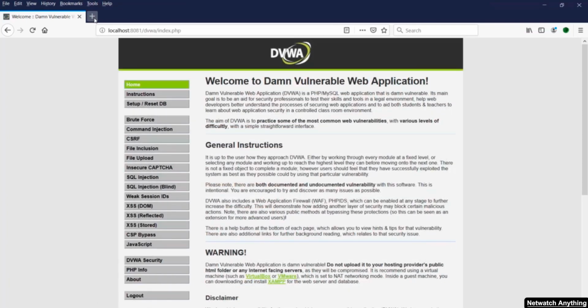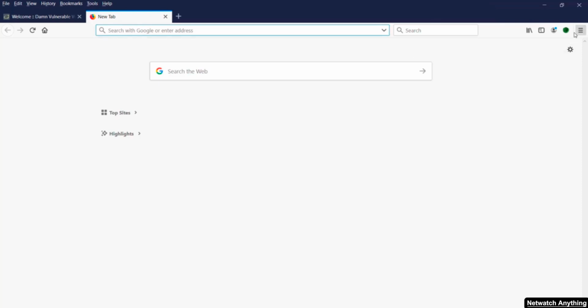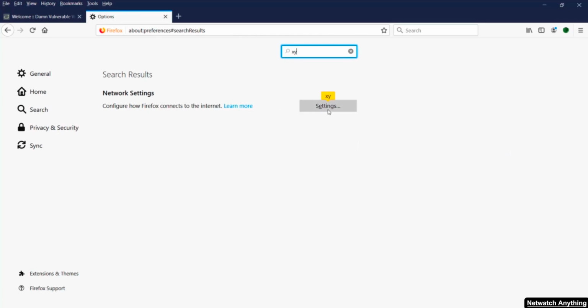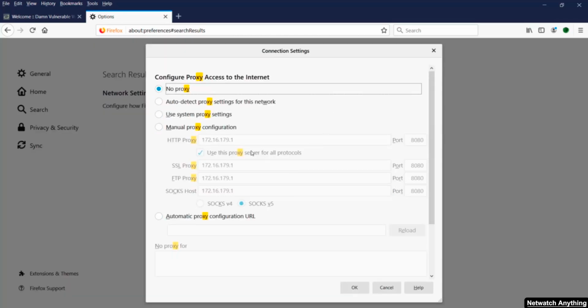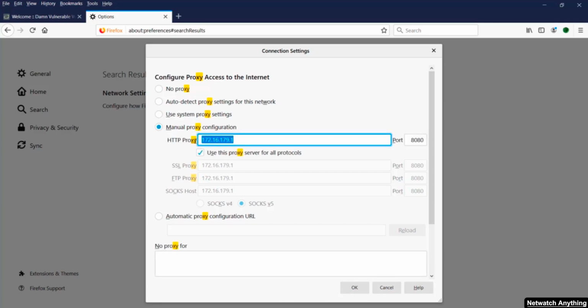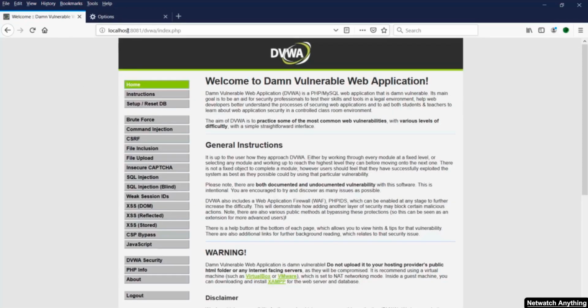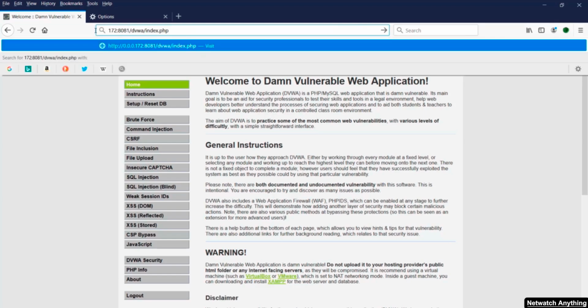Now open Mozilla Firefox, click on options, go to network settings and instead of no proxy, select manual proxy, and over here type that proxy which you have selected in Burp Suite. Also, your port number is 8080. Now go to your DVWA app. Instead of localhost, type the Burp Suite IP address which you have selected over there, and the port over here